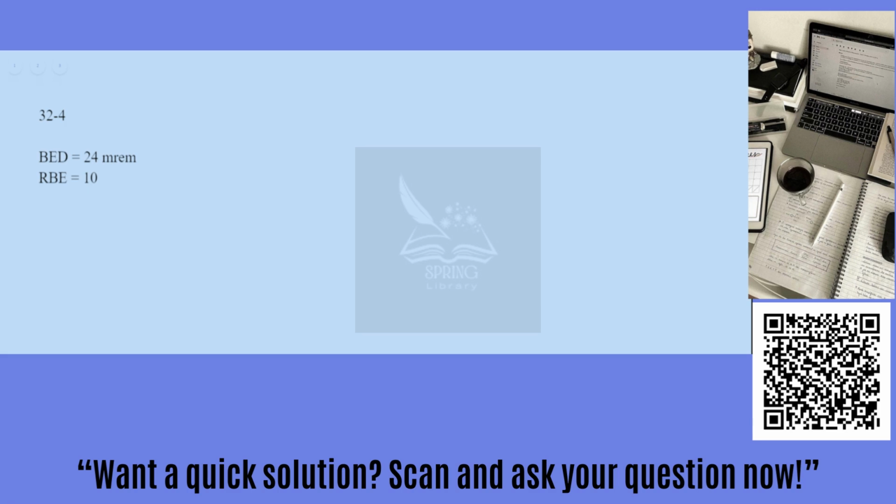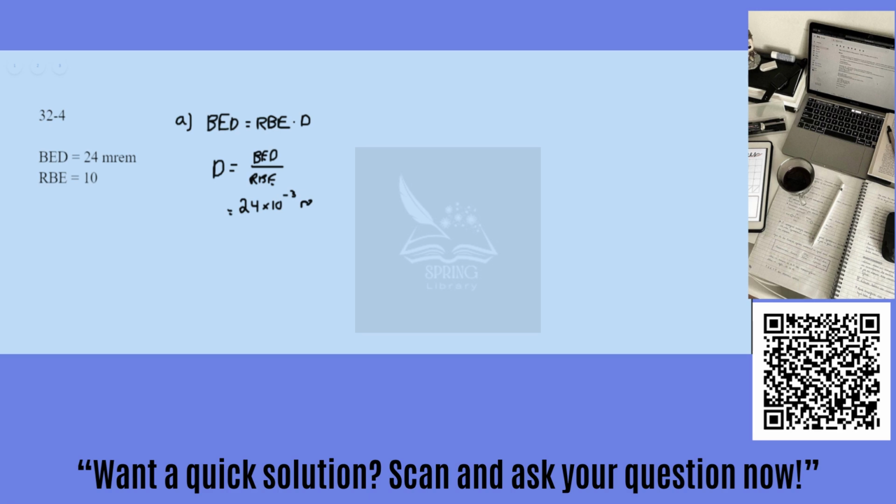So based on what we've been told, if you remember the relationship between RBE, BED, and dose, the biological equivalent dose is simply equivalent to the RBE times the absorbed dose. So we can rearrange this simply to have BED over RBE, and that does again produce units of rads, so we don't need to do any other conversions other than converting millirem to rem. So it's 24 times 10 to the negative 3